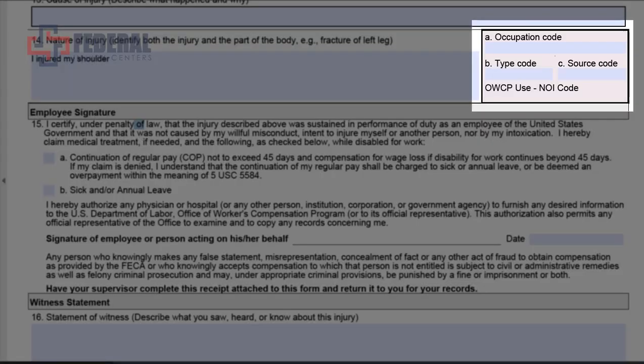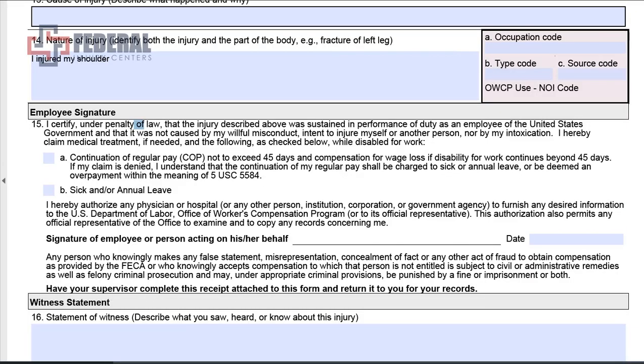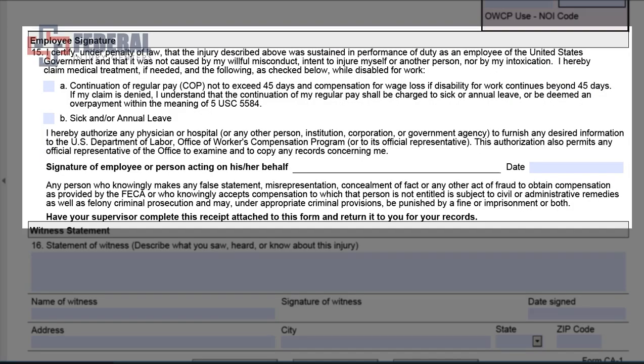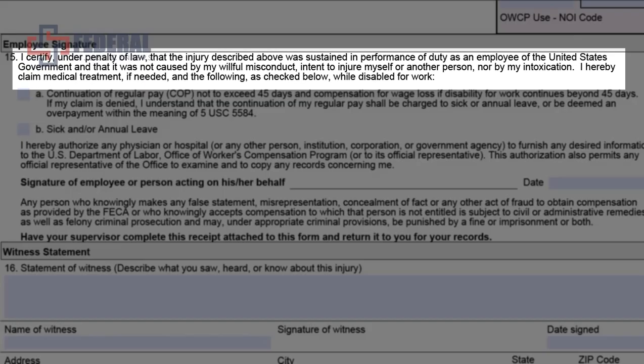This box here, as it says, is for OWCP use. Don't fill anything in here. They'll take care of that on their end. Now, in this employee signature section, go ahead and read this